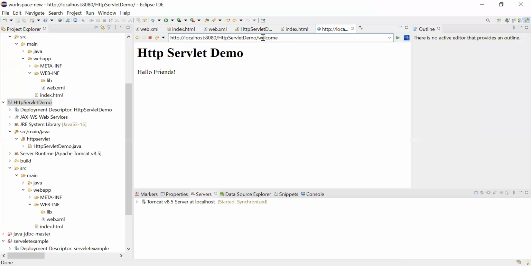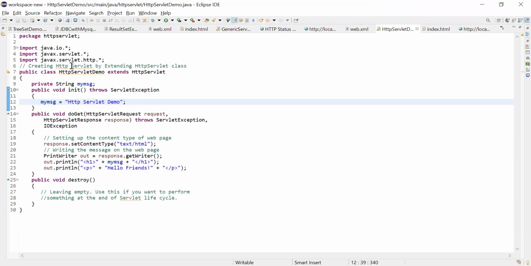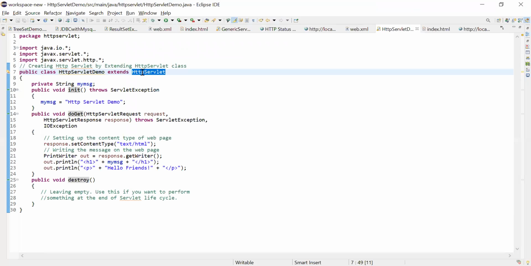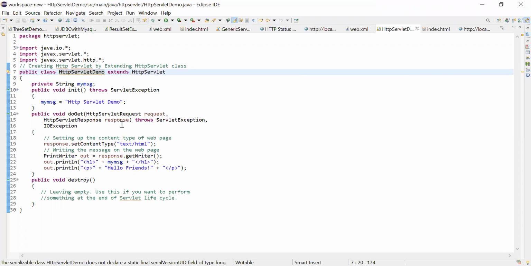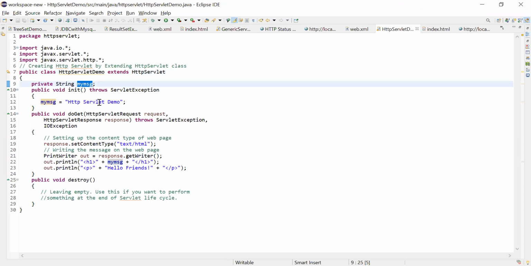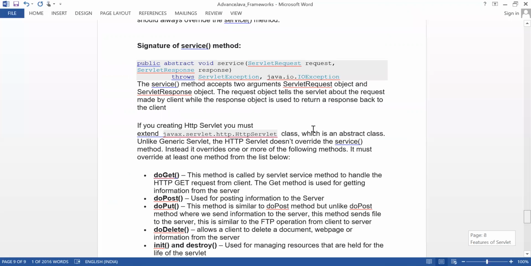What is happening inside HTTP servlet demo? As I explained earlier, you have to extend HTTP servlet to use HTTP servlet related protocol stuff. So here I added my message, that my message is HTTP servlet demo. See this.